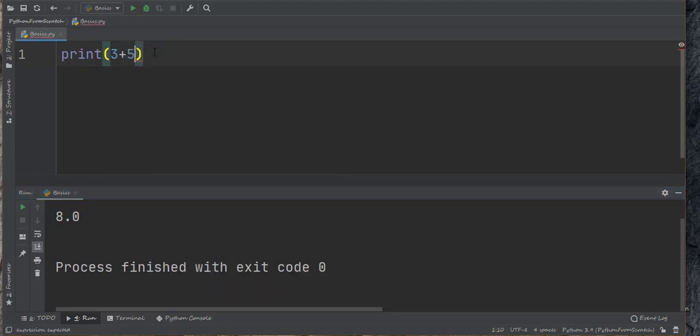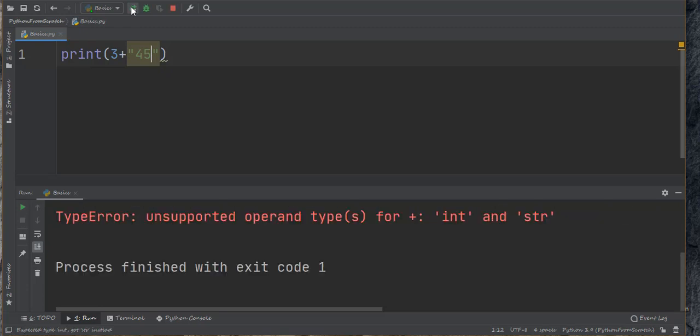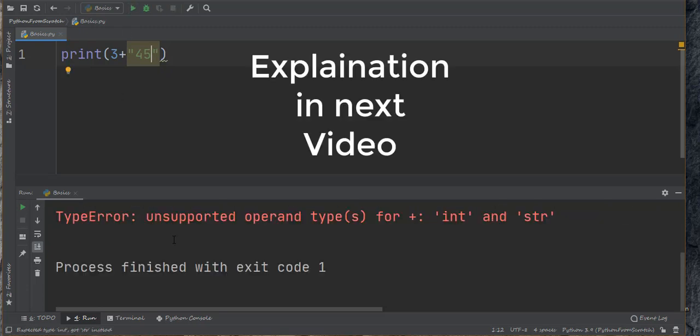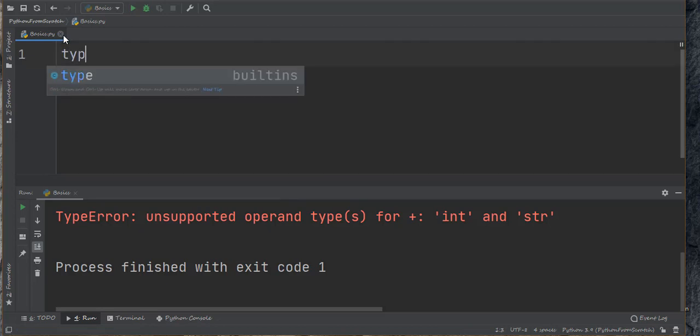And what if I add here "5" in double quotes? I would get an error, obviously, because strings can't be added to integers.